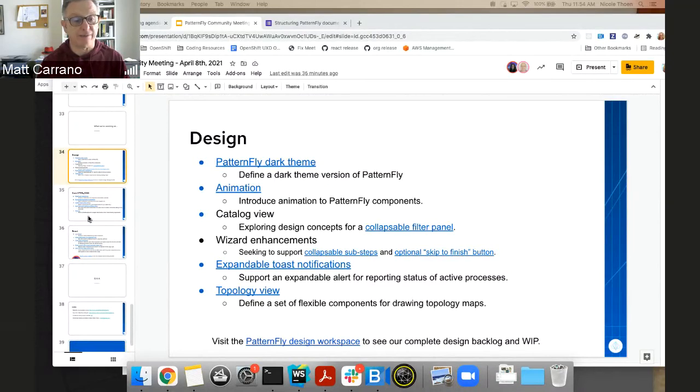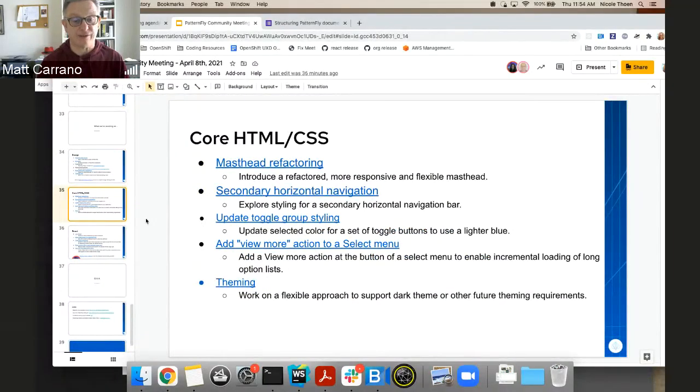Next up, core HTML, CSS, so things that are currently in progress there. We have ongoing work on the masthead, creating some new demos with the new masthead component, which hopefully we'll be in a position to show maybe next month.